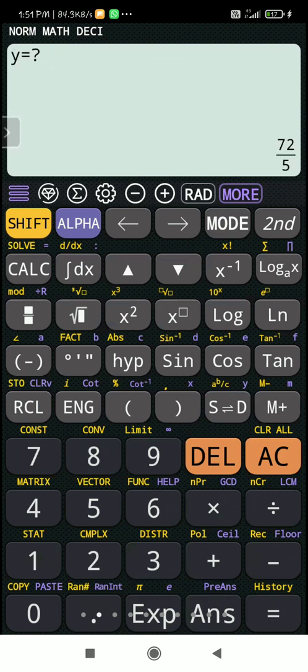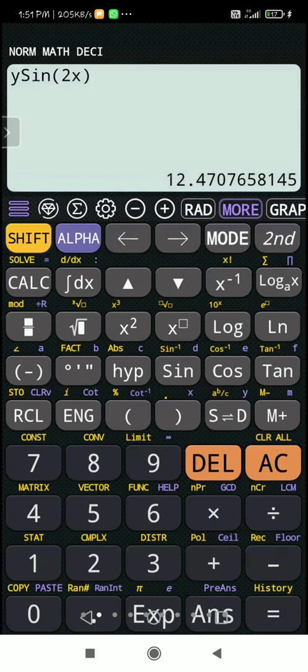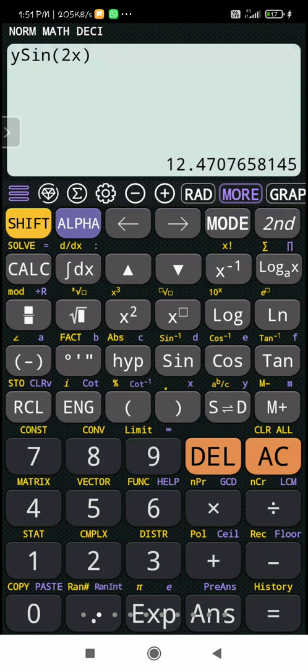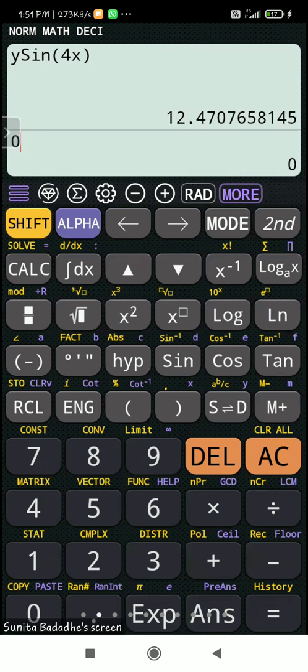14.4 and equal to, again it is showing me my x value and y value, right? So I'm getting x, y, and now it is 7.2 y cos 2x, then it is minus 7.2 y cos 4x. Then it is 12.47 y sin 4x, and it is 12.47. Now whether it is positive or negative, please check the values again. Right, this way we get the answer.